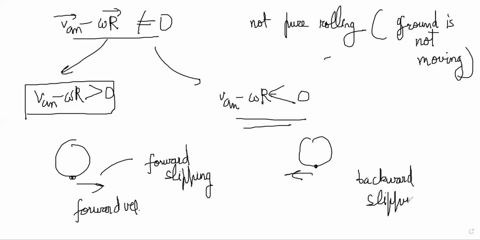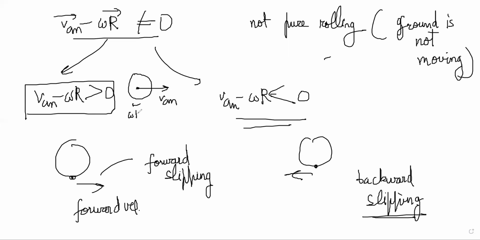Examples of this: if you're going in a car very fast and something comes on the road, you will immediately press the brakes hard, which will basically stop the rotation of the wheel. It stops the rotation immediately, but the car has acquired so much velocity that it will keep skidding. So think about the velocity of the lowermost point of the tire. It has still got VCM because that cannot be stopped instantly. Omega is very low now, it's not rotating much.